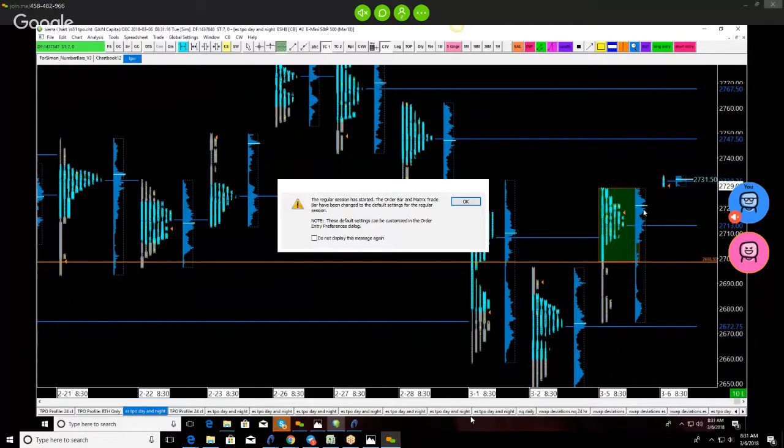The TPO point of control and the volume point of control are split, but just barely, right? So it creates a wider area. My guess is this just barely came in as a TPO point of control. My guess is they would have wanted to shift it here. So I'd actually look for the responsive buyers on top there, not on the bottom.